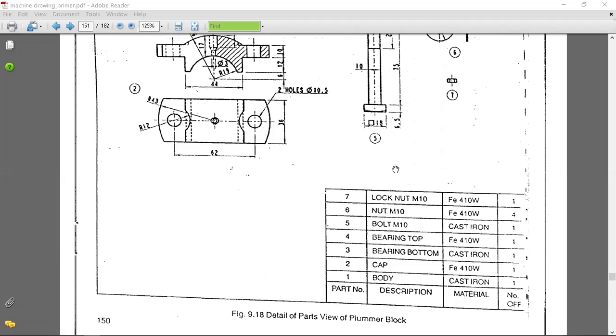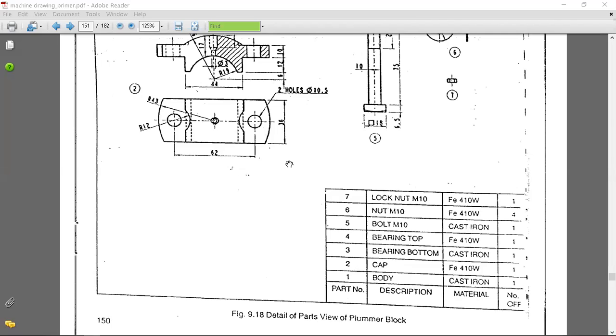In the plumber block drawing, they will give in the question paper the details of the views of the plumber block. So here we can see there are 7 parts given in the plumber block assembly along with their name, that is description, and the material and the number of parts used.